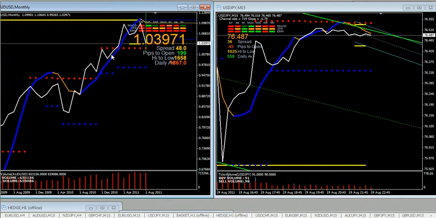See it? When the price is above it, it's an uptrend. When the price is below it, it's a downtrend. It hasn't clicked up here in the monthly chart. The price is 103.971. Maybe it will continue down to 102.56 over the month, but we're looking now, and we're looking back into